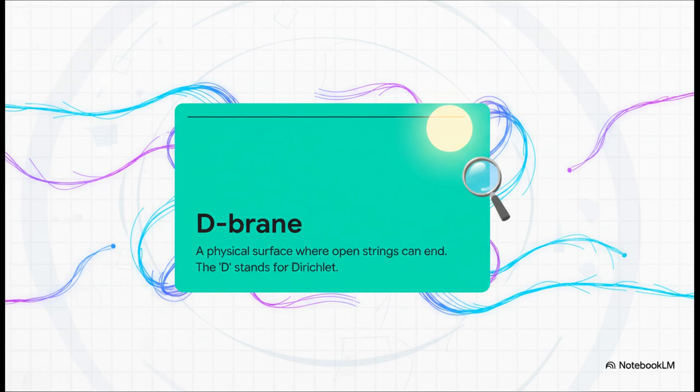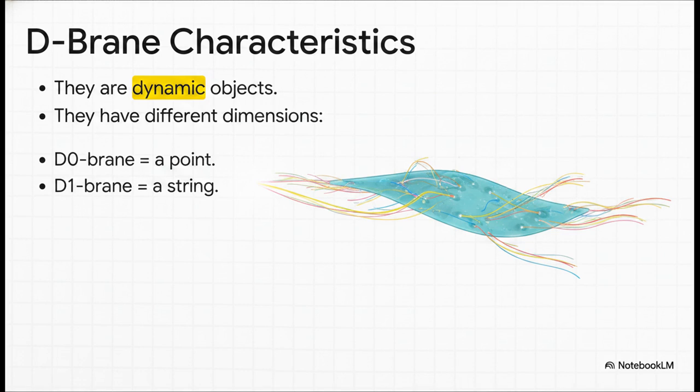So a D-Brane is a physical place, a surface or a whole subspace, where open strings are allowed to end. That odd mathematical rule was actually our first glimpse of a totally new, fundamental building block of reality. And get this, D-Branes aren't just static parking spots for strings. They're dynamic objects themselves. They can move, they can vibrate, they can interact, and they come in all sorts of